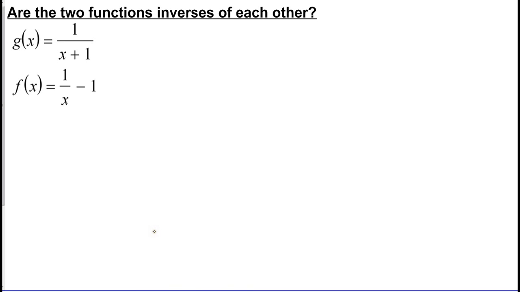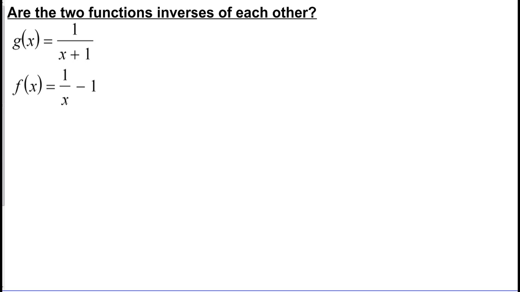Alrighty, this is another problem to help you out with your Unit 2 review. I know some of us were having trouble with the whole f of g of x and g of f of x thing, the composition of two functions. So I thought maybe we'd take a look at two functions and figure out if they are inverses of each other. Remember, when you're trying to figure out if two functions are inverses of each other, you're